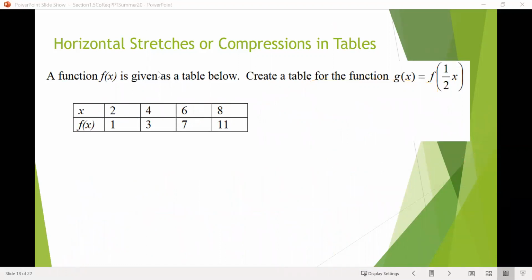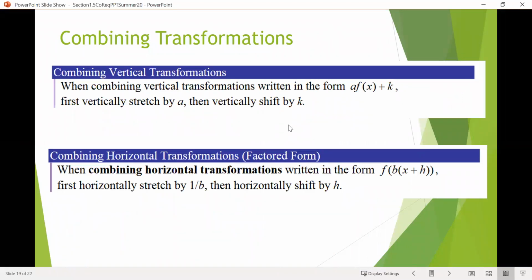All right, now the next thing I'm going to look at, now that we have all of these different types of transformations, is if we have a combination of them, what order do we do them in? So we're going to look at vertical and horizontal transformations separately, but then we'll look at what happens when we have them together. So for combining vertical transformations, and this means stuff on the outside of the function,